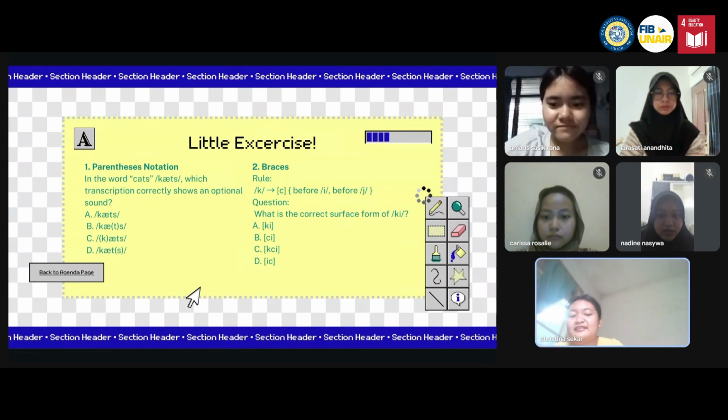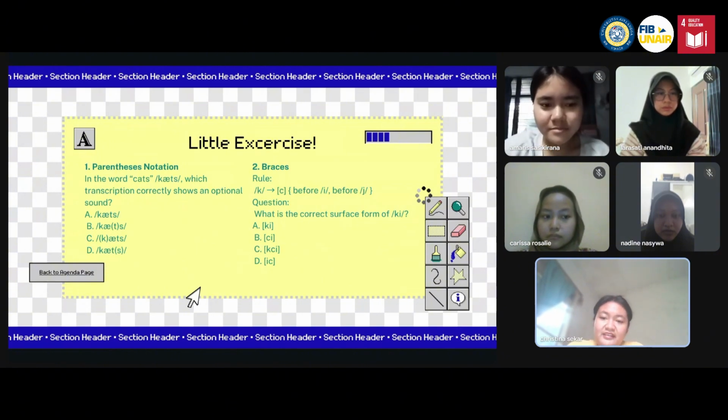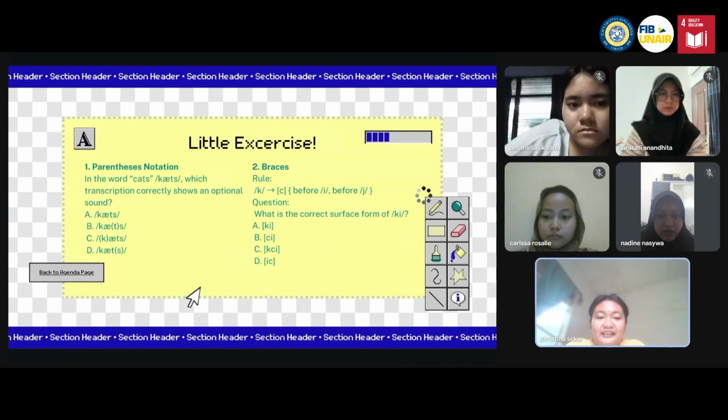And the second question, question two, is the process. The question starts with a rule: K becomes C before I or before J. And the question is, what is the correct surface form of key? And the correct answer is B, because braces